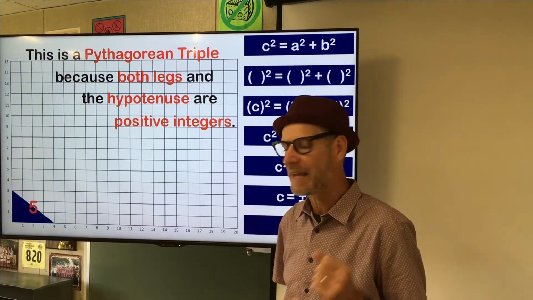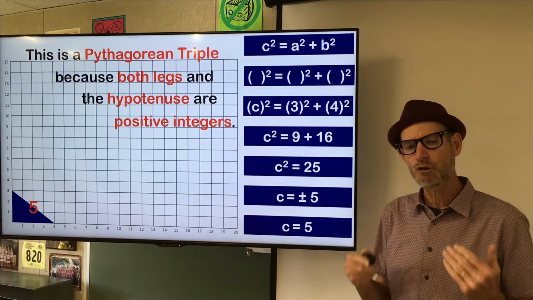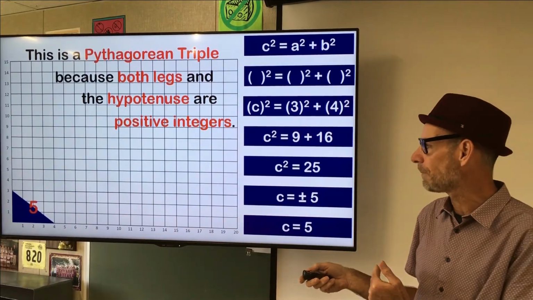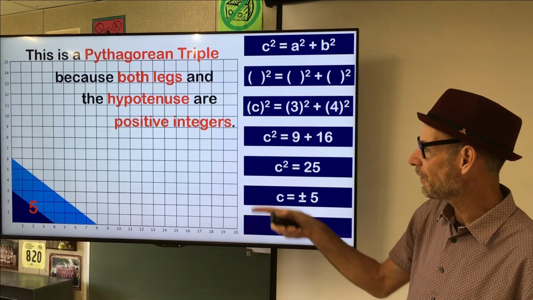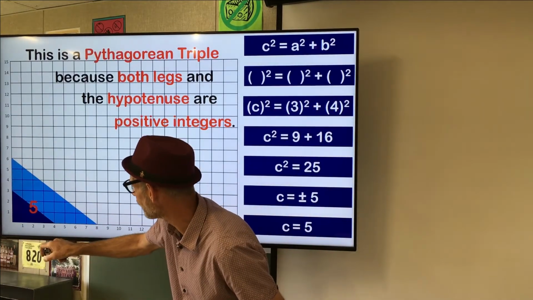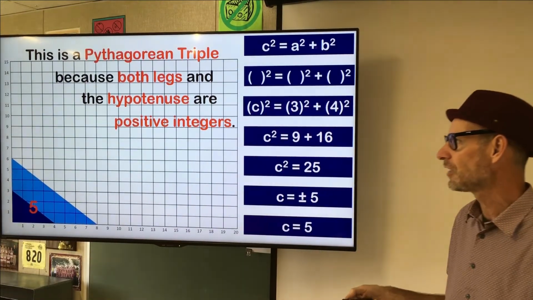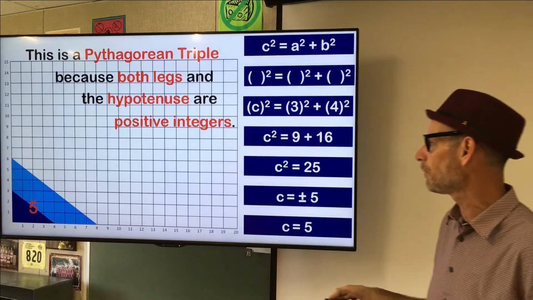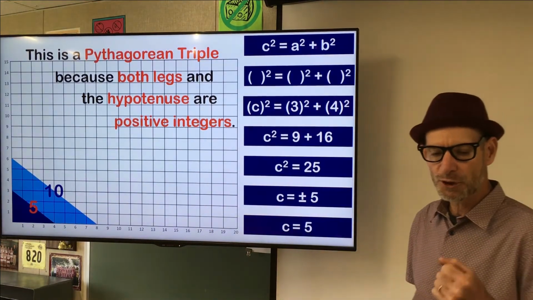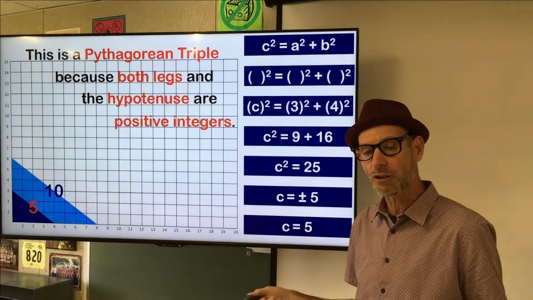If you memorize that 3, 4, and 5 make a Pythagorean triple, then every triangle that is similar to that will also be a Pythagorean triple. So to start with, if we look at this triangle, we've doubled our side from 3 to 6. We've doubled our side from 4 to 8. So the hypotenuse is also going to be doubled from our original triangle, so our hypotenuse is 10. So 3, 4, and 5 is a Pythagorean triple, and 6, 8, and 10 is also a Pythagorean